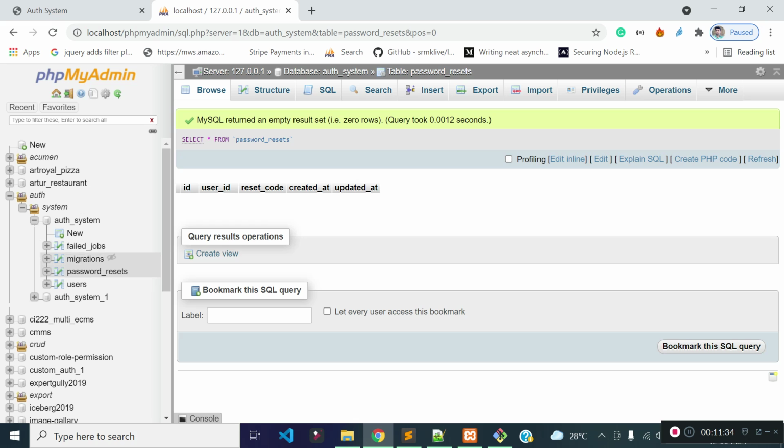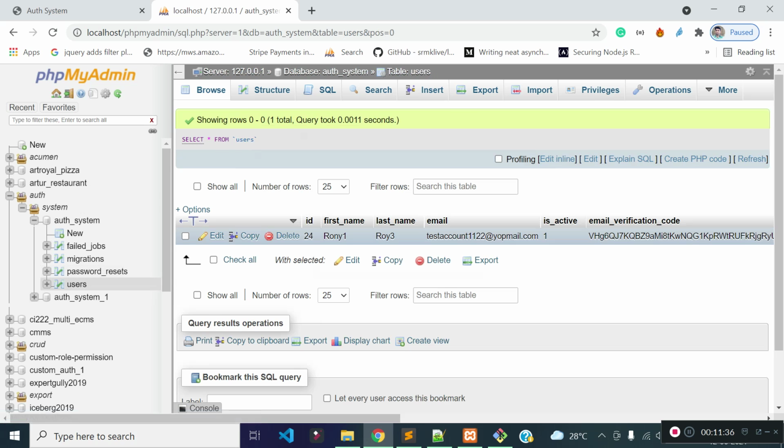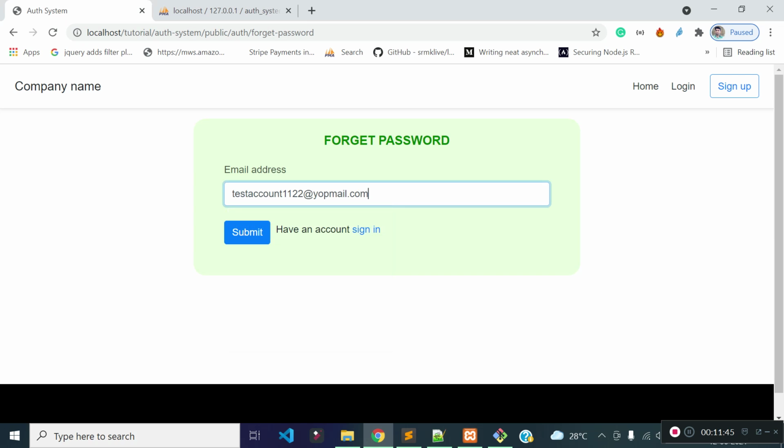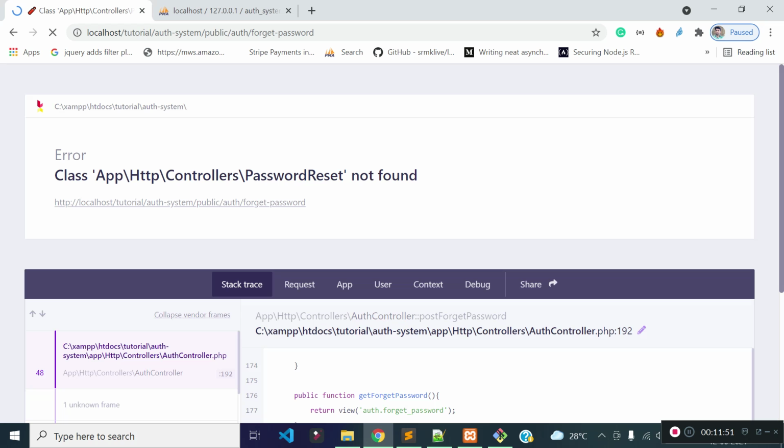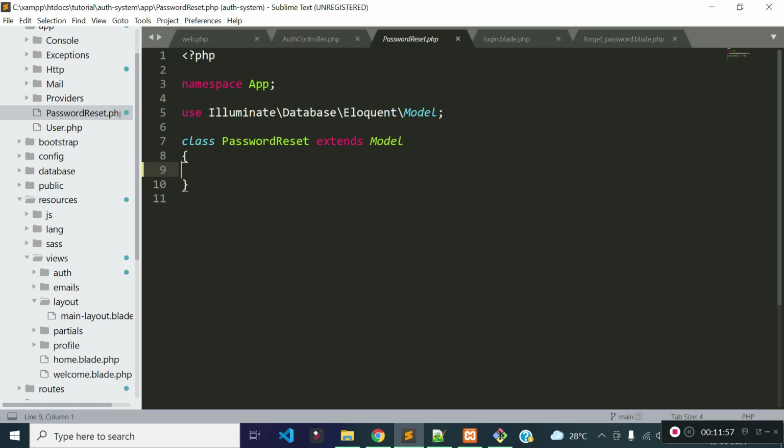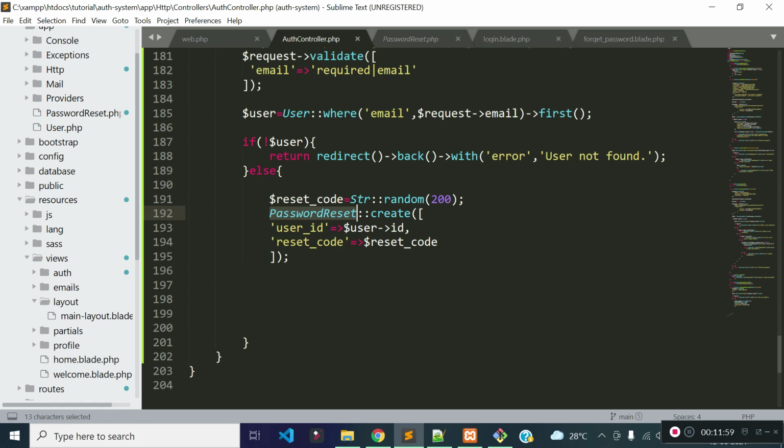Let's enter the email which is registered to our system. Let's try what is happening. This email is registered. Let's submit the form. You see, okay, first thing is that we need to import password reset model at the top, because we are using password reset model here.